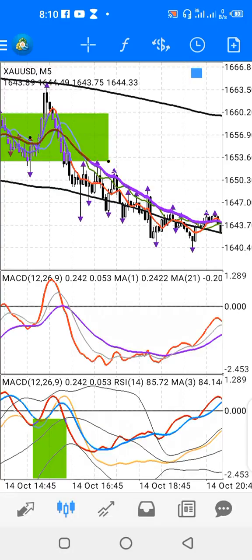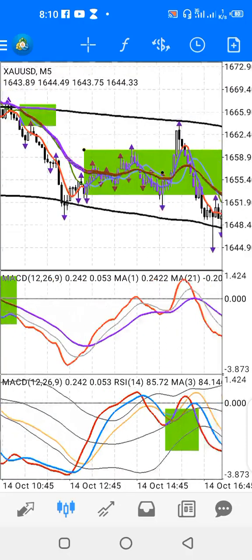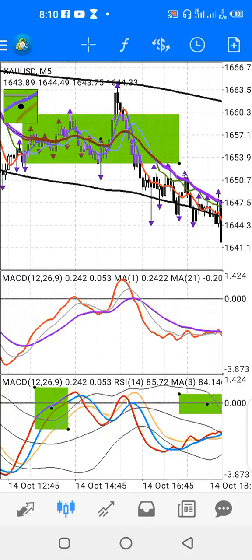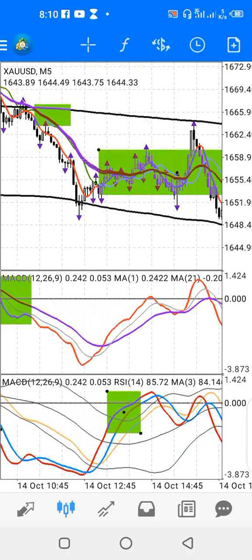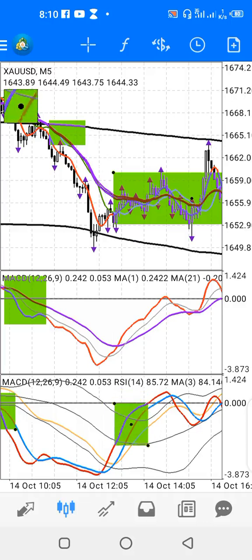The red, where is it? Okay, here it is. The red and the blue crossed above the upper Bollinger Bands. Okay, so that's basically how to read the signal. This is the upper Bollinger Bands, and you can see the red and the blue from below the lower Bollinger Band cross above. As the red line starts to touch the upper Bollinger Band,